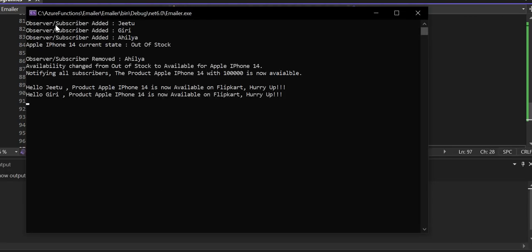see, observer or subscriber added. So three subscribers were added: G2, Giri, Ahilya. Current state of iPhone 14 is out of stock. So one subscriber, Ahilya, unsubscribed herself from this subscription. And then I changed the availability, the company changed the subject's state basically. The iPhone provider changed the availability from out of stock to available for the Apple iPhone